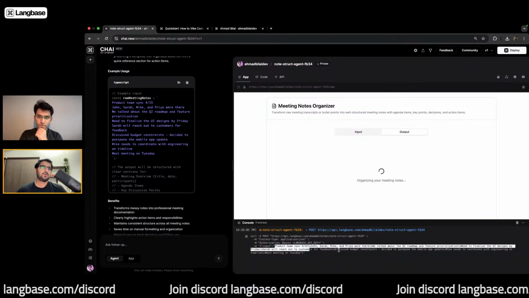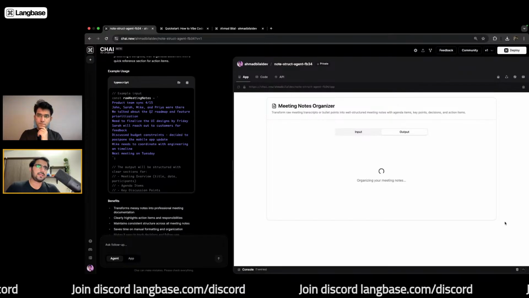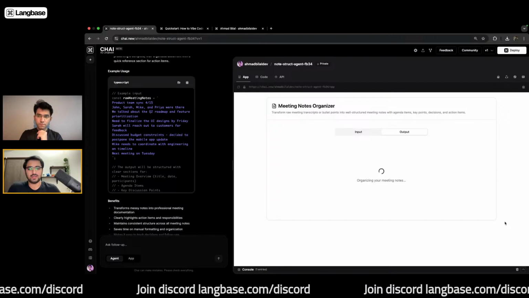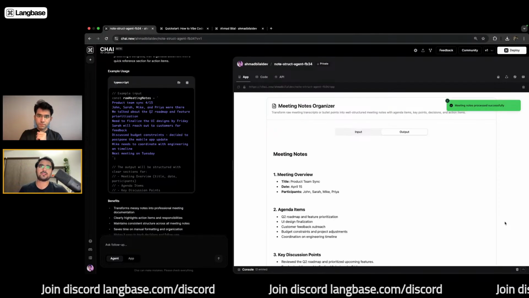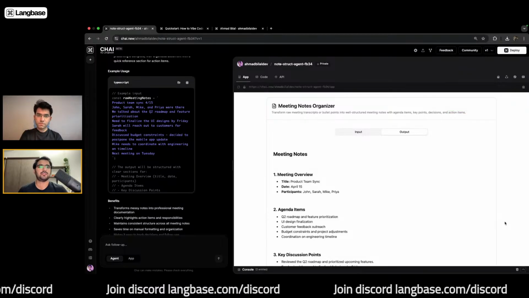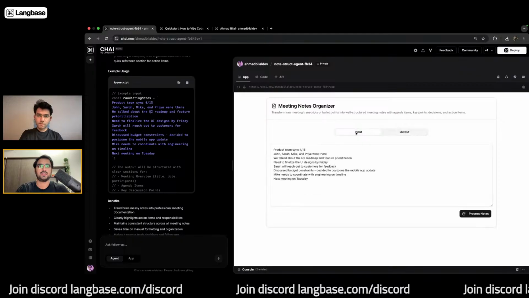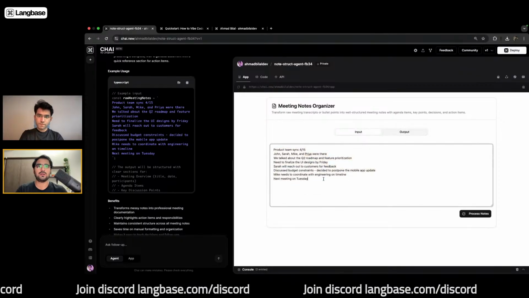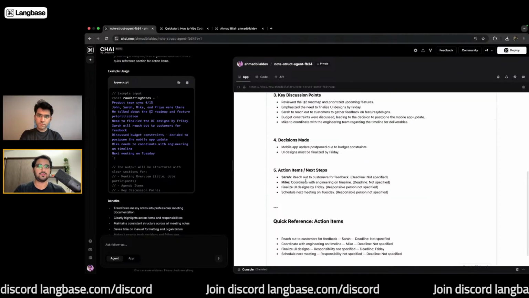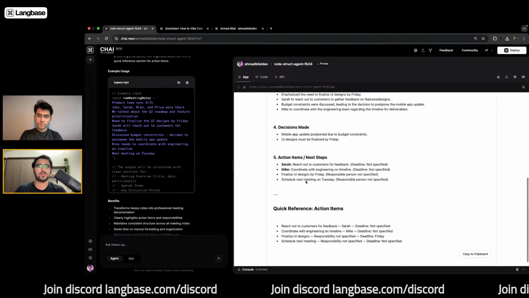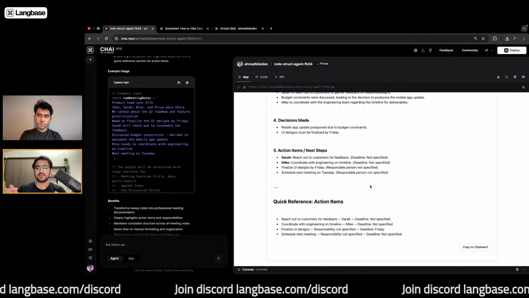And what it is doing is basically invoking our AI agent, which is built using our Langbase AI primitives, and it is returning back the response and showing it in the app it built for the agent. So we give a messy, non-organized data, and it has structured it to action items, bullet points, and whatnot. So this is the basic idea of agent apps.